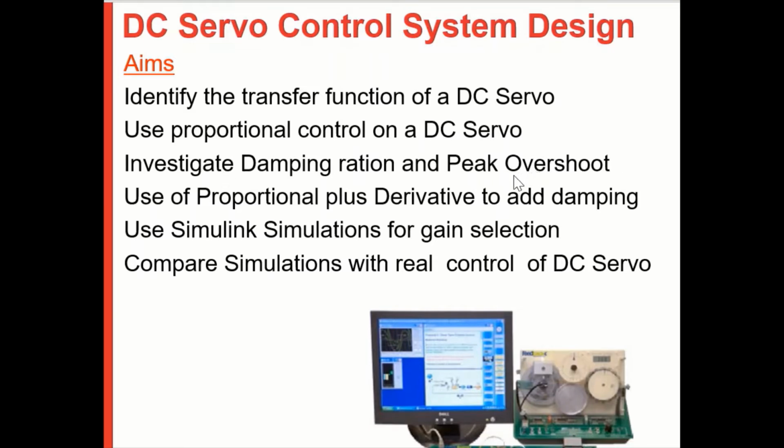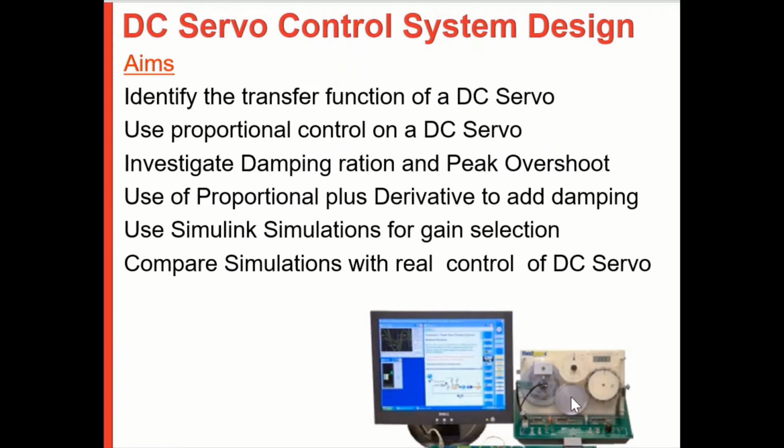Having looked at proportional control, we can then move on to proportional plus derivative control, and we can use this to have a higher degree of control over the DC servo than just proportional control. We can then use Simulink simulations to select all the different controller designs that we want, and then having done our Simulink simulations, we can use those gains on the real servo to compare how the real servo behaves